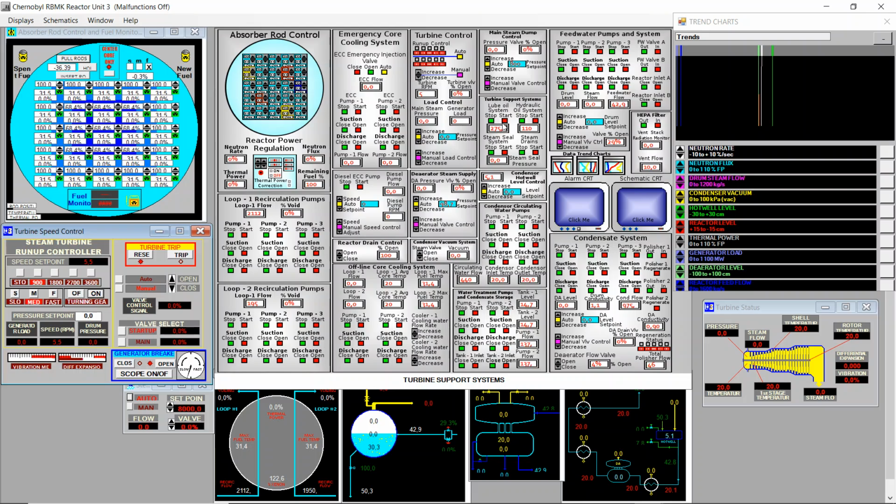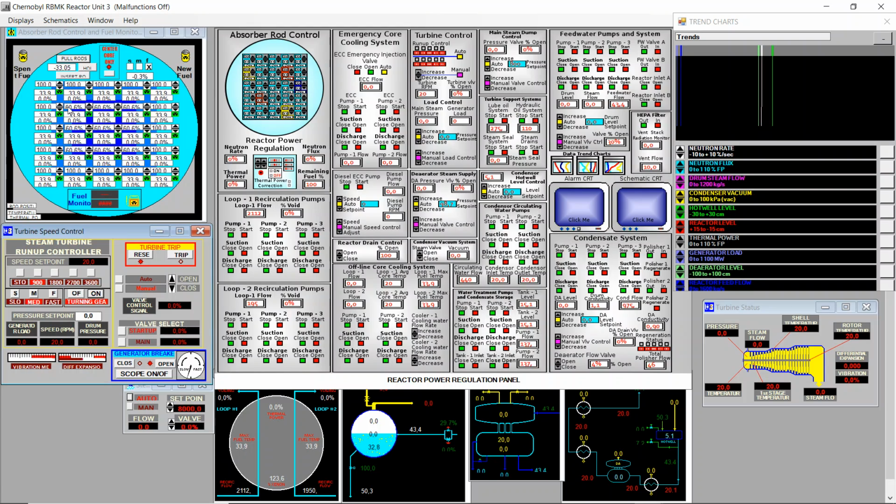The speed is increasing, and when it reaches 20 RPM we can switch on the steam seal. The steam seal seals between the rotor and the stator of the turbine, so the steam doesn't pass through without creating work. So I start the steam seal, close this, and